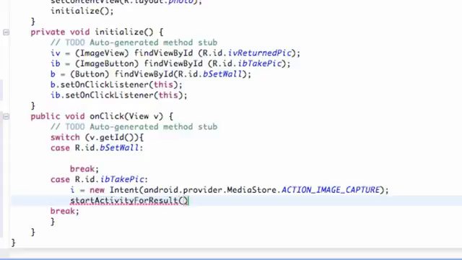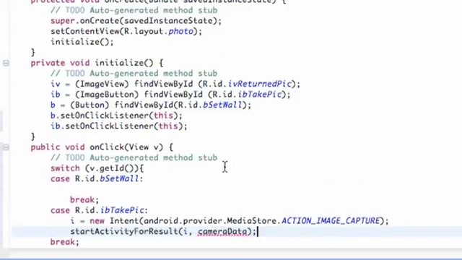And then within the brackets, what we're going to do is we're going to set up our intent. And then we're going to hit a comma and basically set up a variable that's going to collect the data. And it's going to be an integer type variable. So we're going to say camera data is what we're going to call this variable. And we're going to set this up. Since we don't have a variable yet called camera data,